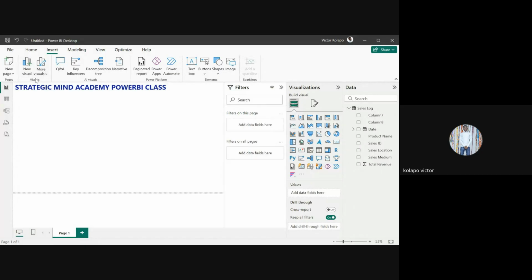So your new visuals, I've talked about that. All these AI visuals, I've already shown you here already. They are part of your visuals, if there's a need to use them, but they need not. So all these ones are also part of your visuals. All this, your text box again, we've shown you text box. Your button